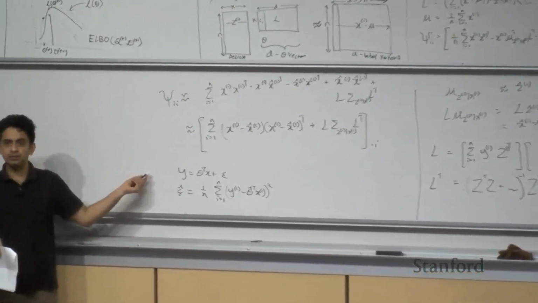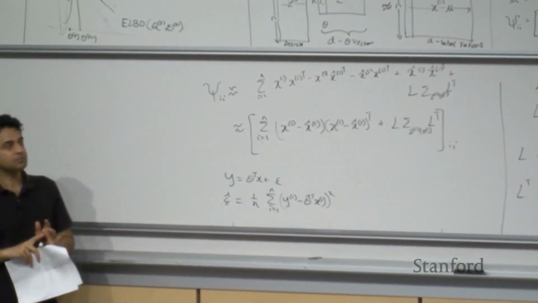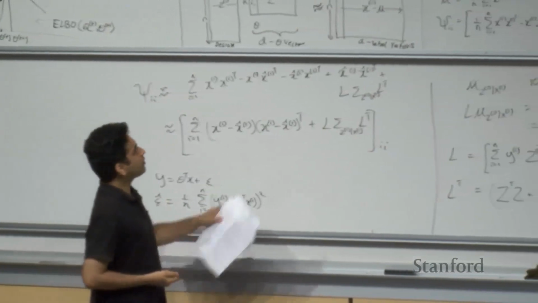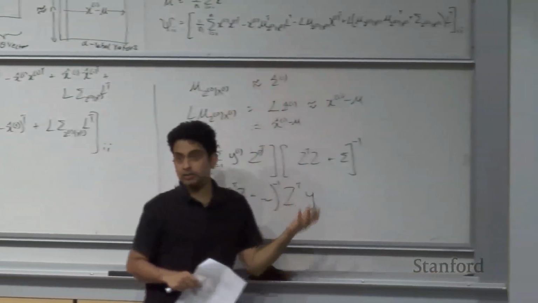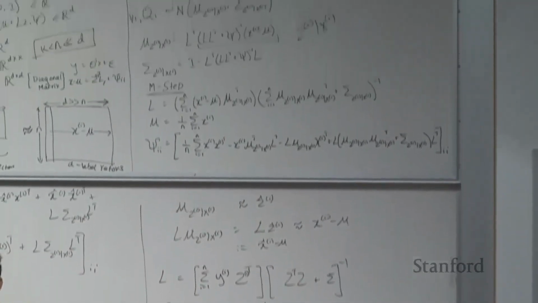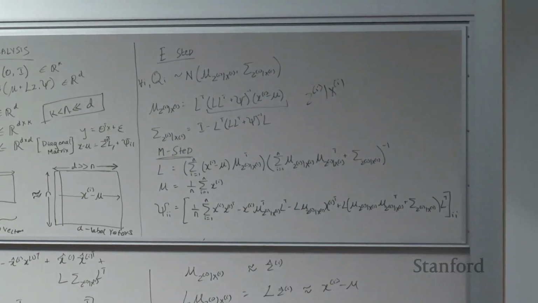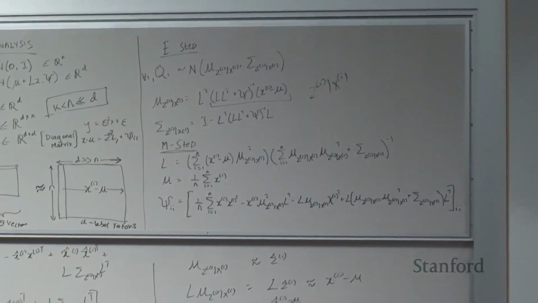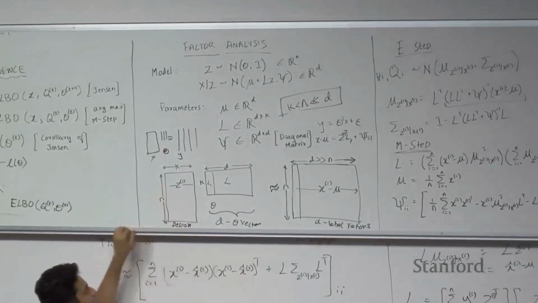Any questions? How did you get the L matrix? So the L matrix is what we have in the update. That's, or was it a different question? Also, I'm not sure what x hat is in this case. So x hat, you can think of x hat as, so you can think of